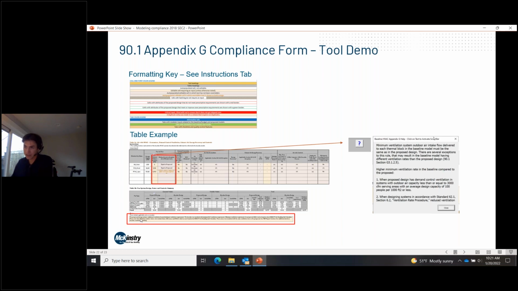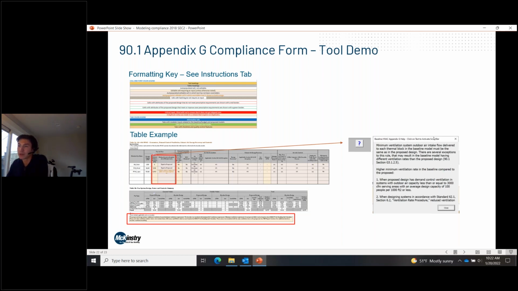Typically you have your table, which has the documentation, and then at the bottom of the table, in this second red box that I've included, there's a notes text box, and you can add some narrative in there about why you needed to change things. You can also include stuff in this notes box that's hard to capture in the tables. Sometimes control sequences or things like that are hard to capture in tabular form, so you can throw them into the notes columns.